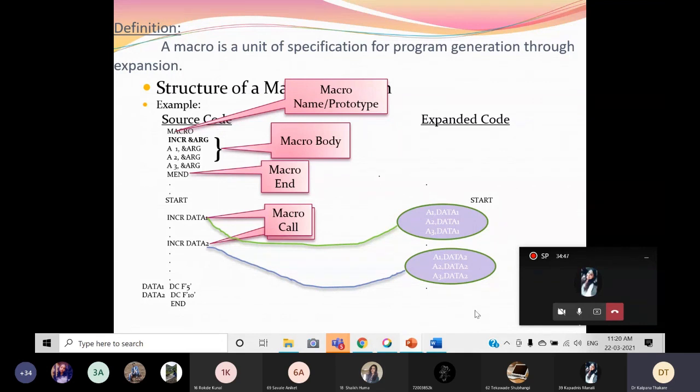So what we said is the process of replacement of the macros by the sequence of instructions is called the expansion of the macros. And as I said, you might have observed that the name